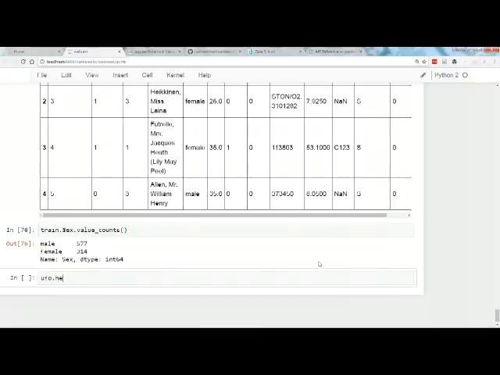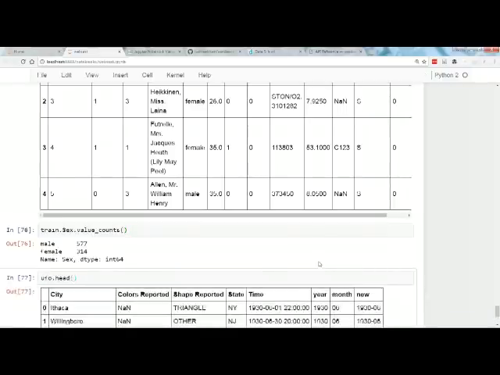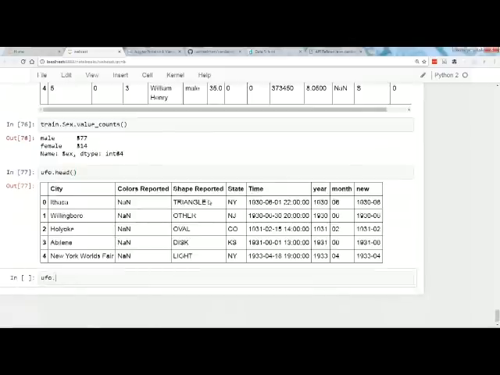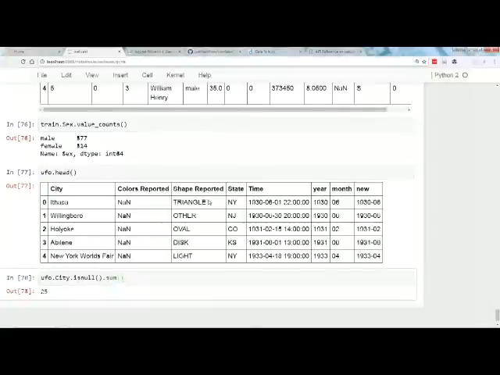All right, so we got the UFO data set, and sometimes the city is null. So UFO.city.isnull().sum(). There are 25 values of city that are null. So how do I fill that, but only if the color is red?